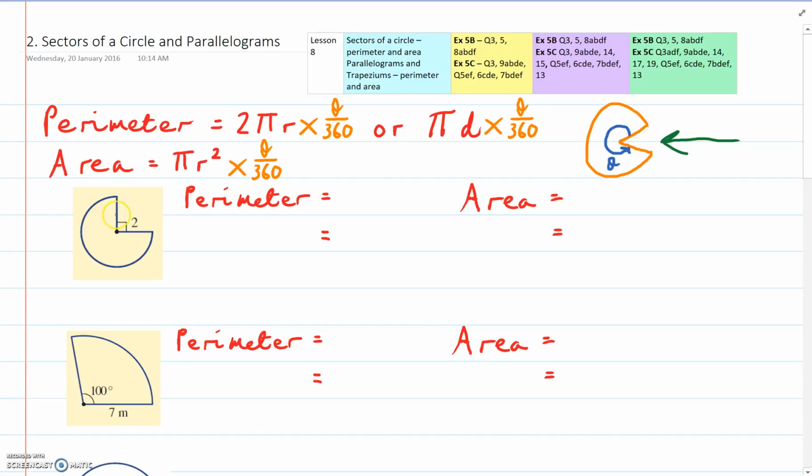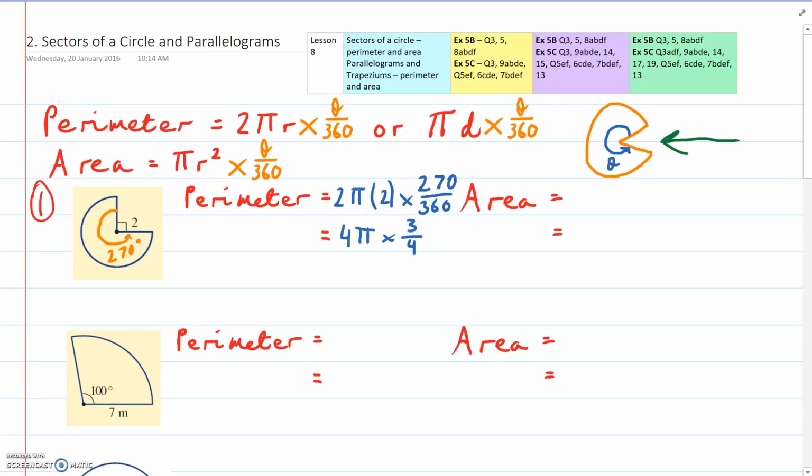So here, if we look at our example 1, we have a 3/4 circle. And this right angle is 90 degrees, which means this part, our theta, is 270 degrees. So let's find the perimeter. So we have 2 pi, and the radius is 2, and we need to multiply that by 270 over 360. Now that's the same as 4 pi times, like I said, it's a 3/4 circle, so 3/4 is what